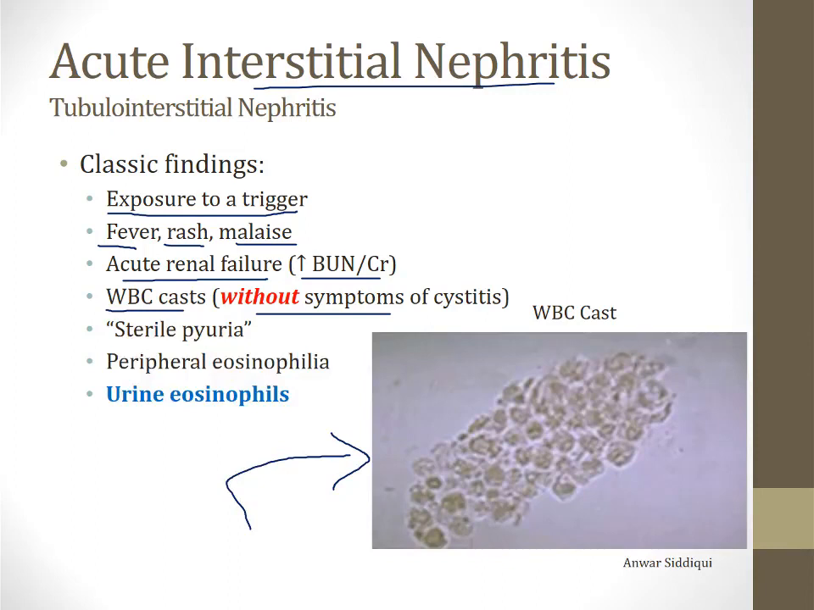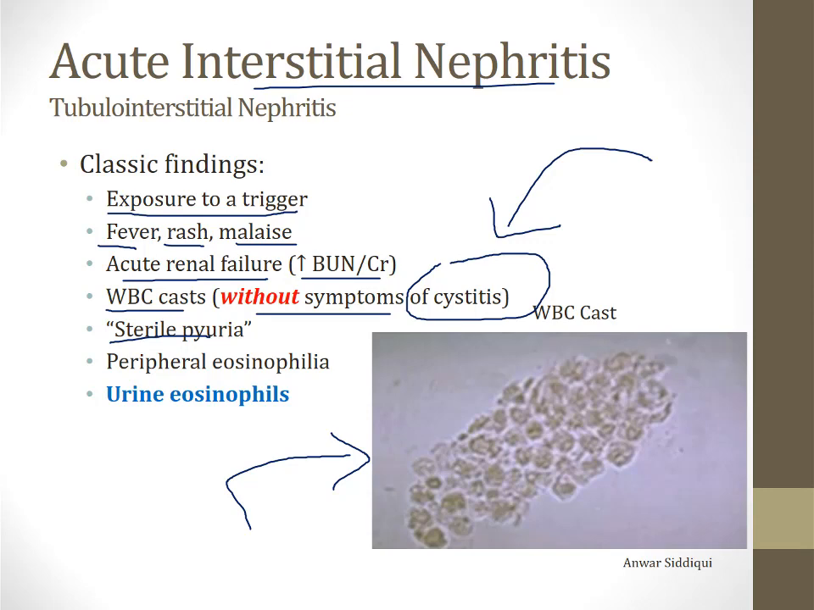Importantly, a patient with interstitial nephritis will not have burning or dysuria or any evidence of cystitis. Those things are only seen with infection. So if you see a case describing white blood cell cast with no evidence of dysuria or cystitis, you should think of interstitial nephritis. This is called sterile pyuria because there are white cells in the urine, but there's no